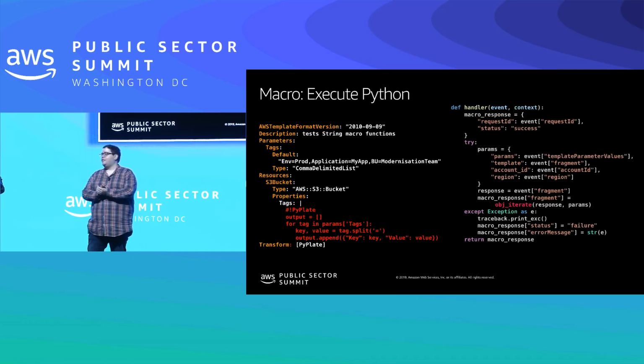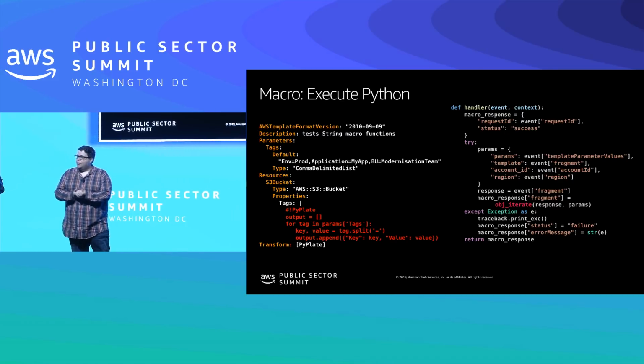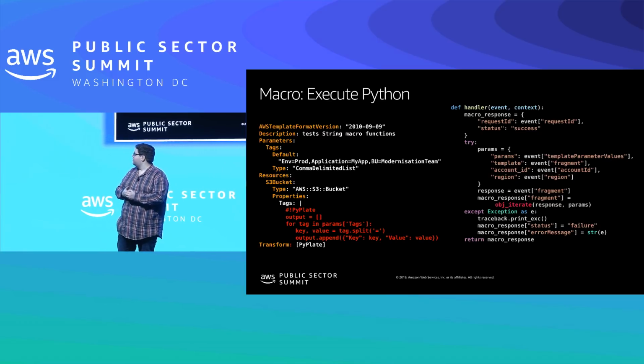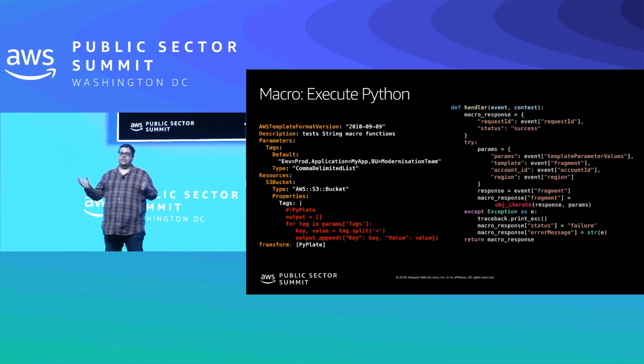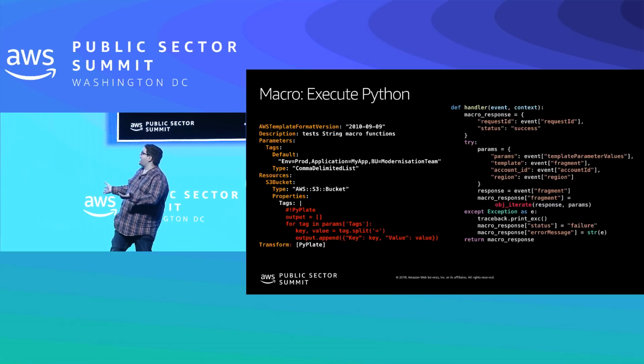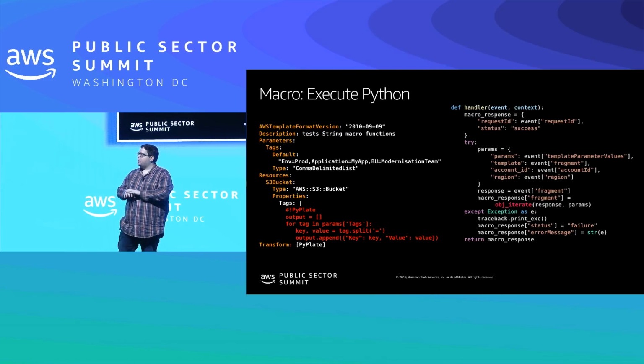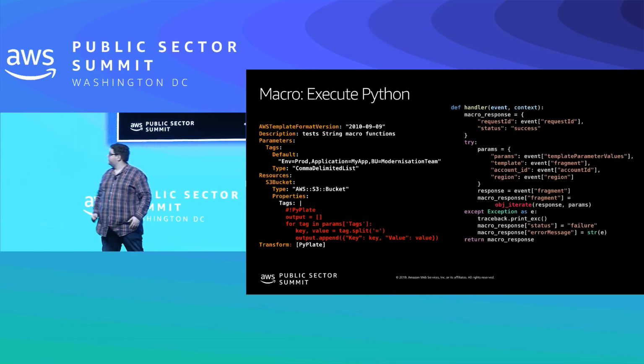Here's a really good one that I'm a big fan of. Wouldn't it be nice if you could just arbitrarily run Python commands while CFN's generating your template, right? You'll say, hey, there's some nice API that I can actually grab my tags from. So you actually make that API call and say, give me all the tags, and you actually spit out the tag into your CloudFormation template. That's a really nice way of generating tags consistently across your organization. Why not? We'll support it. It's a good idea.